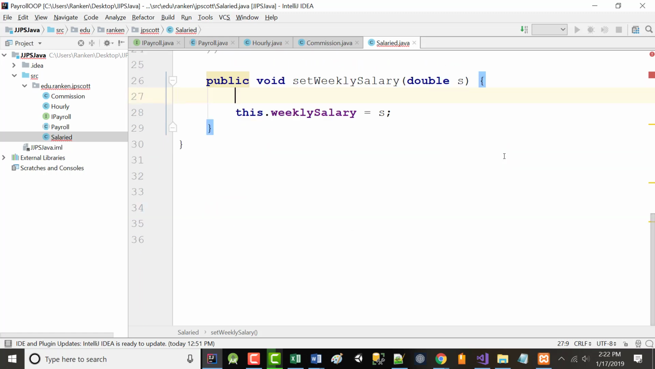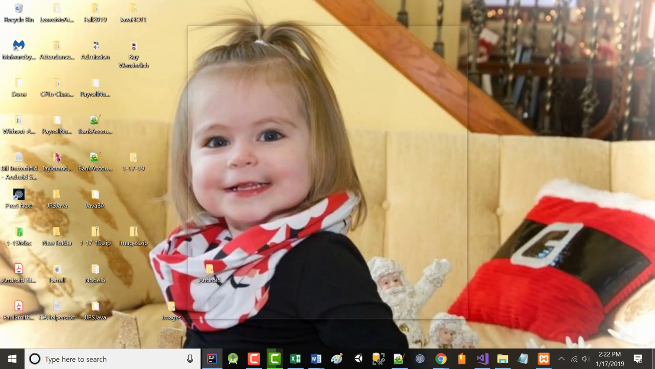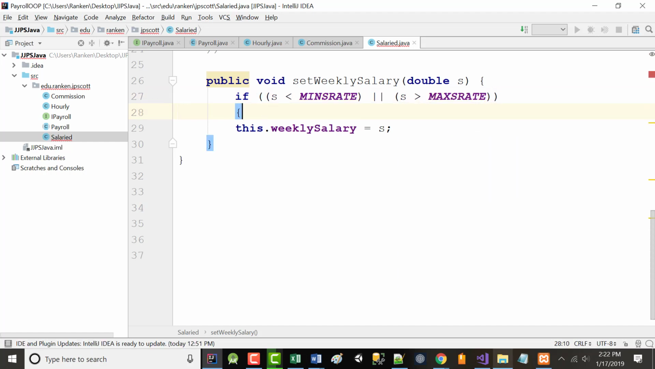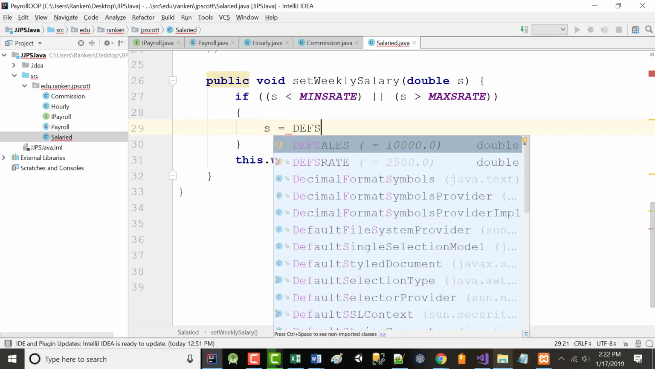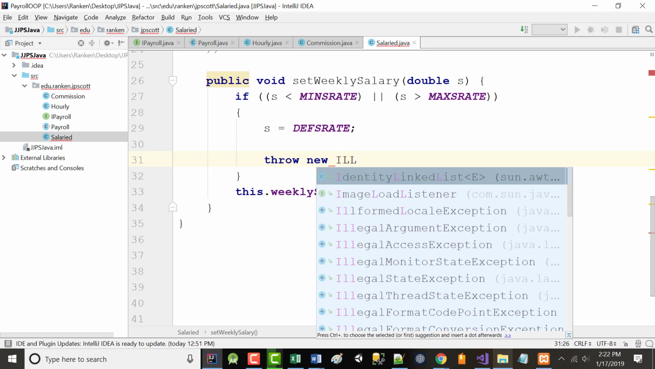So if S is less than the min salary rate, which are probably kind of crummy names, or S is greater than the max salary rate, you already know what's coming, because we've done this before. So we have to first say S equals def salary rate, and then we will again throw our new IllegalArgumentException,